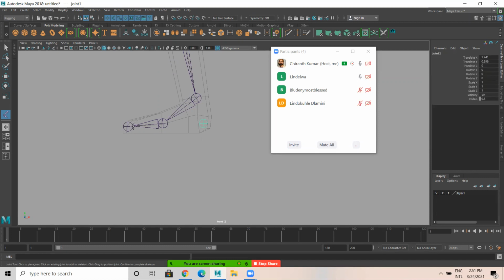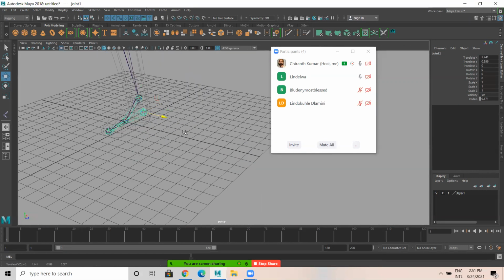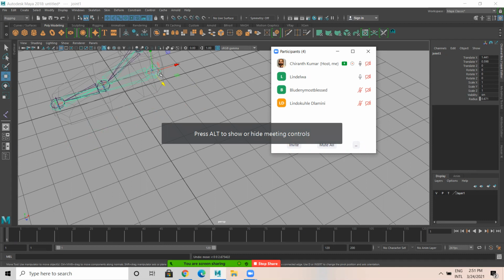First is heel, then toe, then ball, then ankle. Enter. My first joint is heel. After heel is toe. After toe, it's ball, then ankle. You have to create it like this. This is called reverse foot.